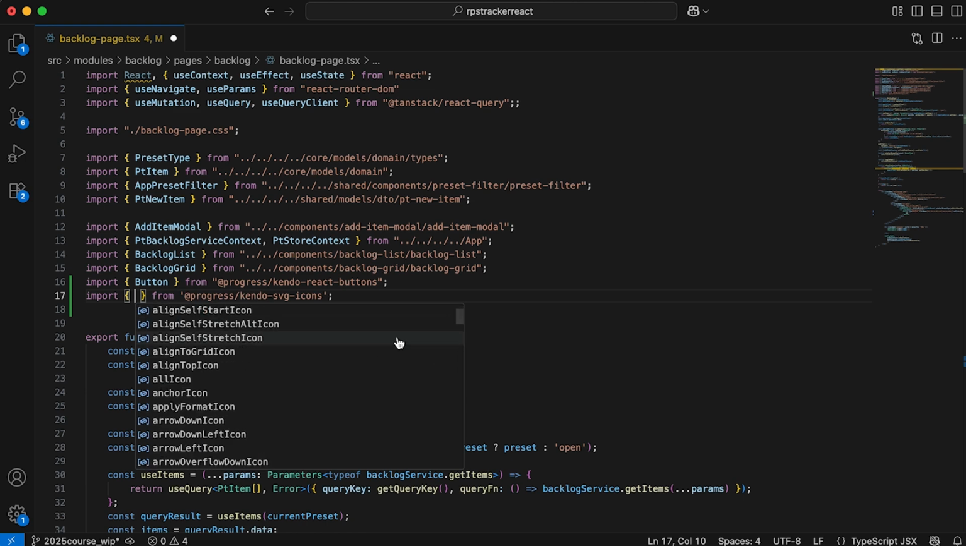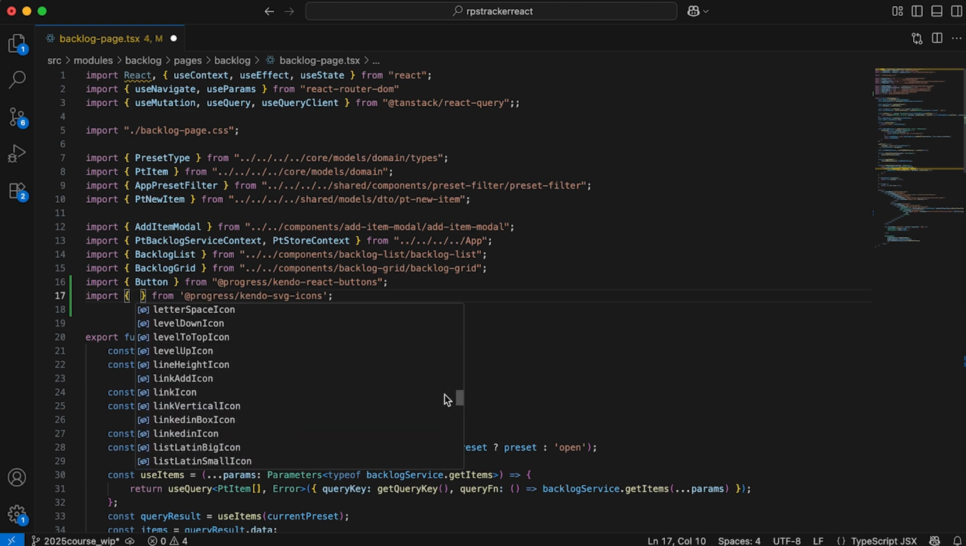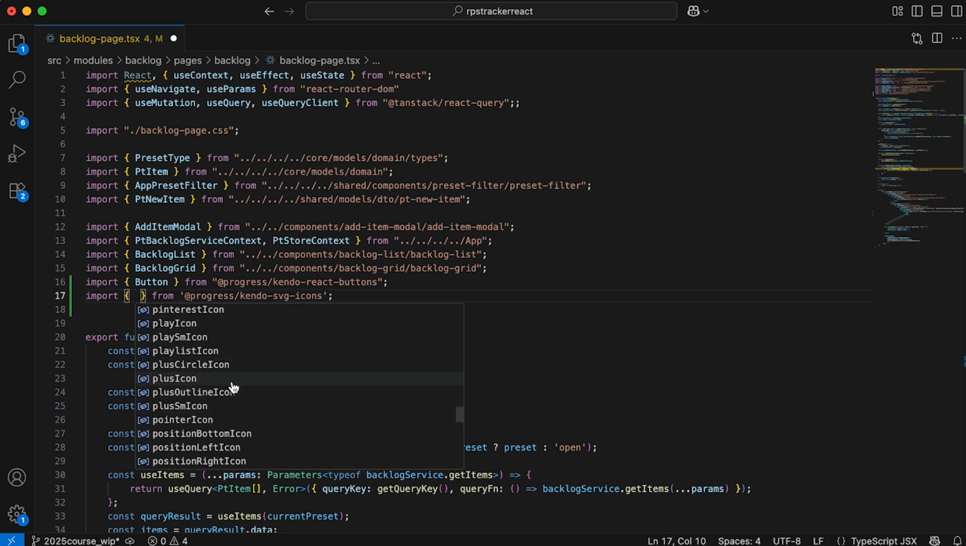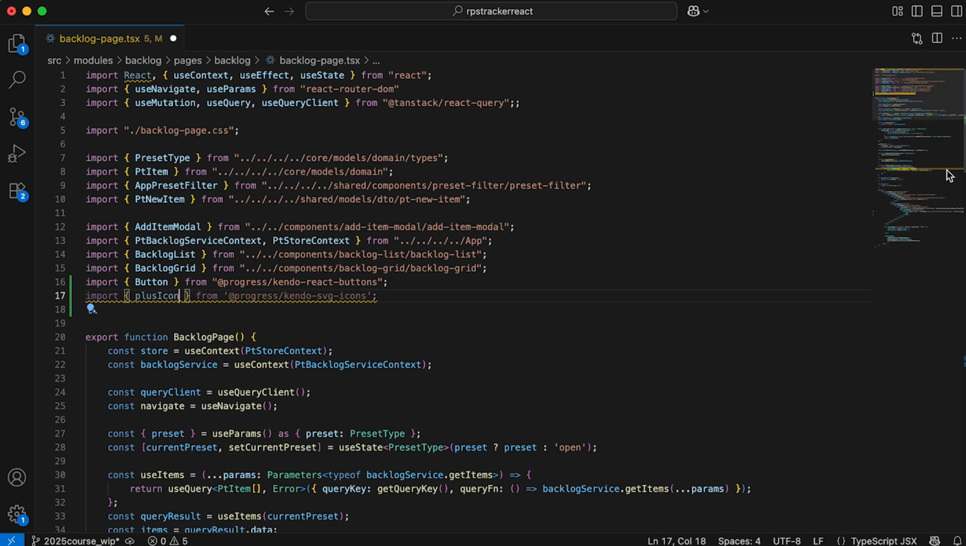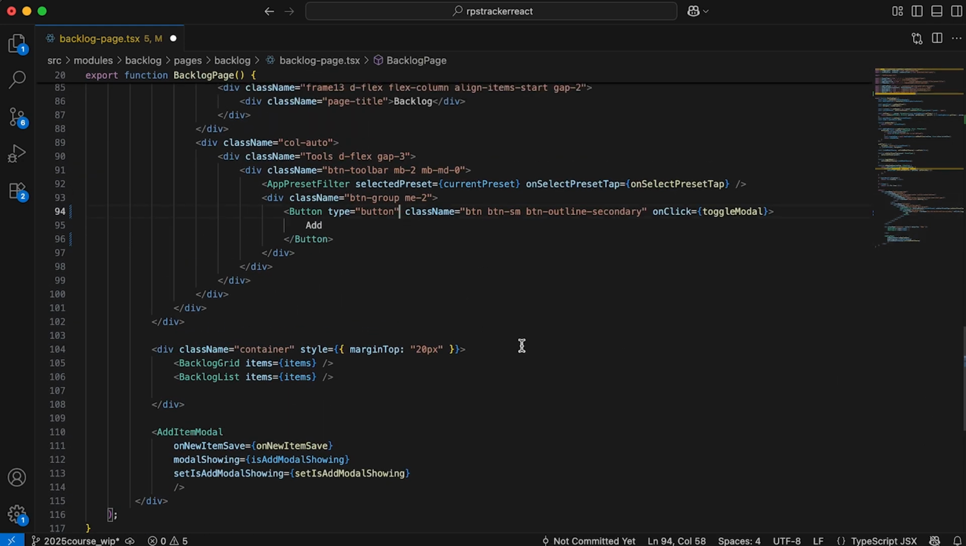As you've seen, the ones that are available. If you want to get a list of them, you just go into the brackets here and press Control Space, and you'll see all the different icons listed here. We're looking for one that says plus icon. Of course, you can type it out, but there it is. Plus circle, plus icon, plus outline icon. They're all in here. So let's select plus icon, and we're going to go back down to our button, and